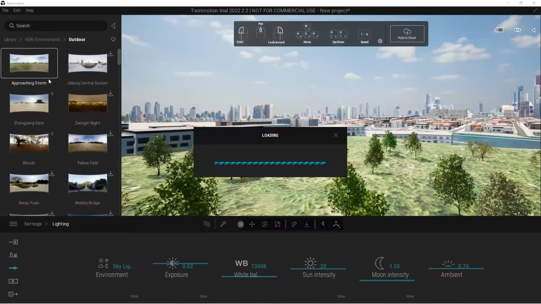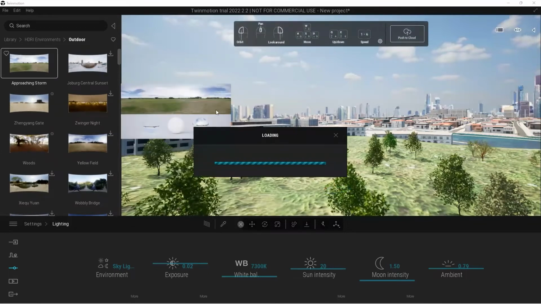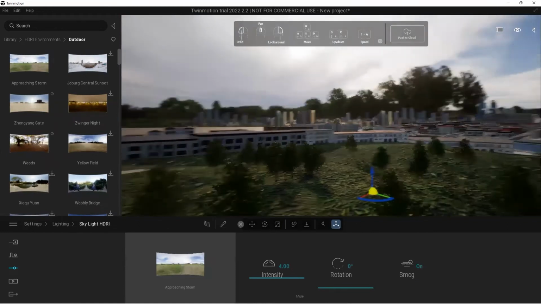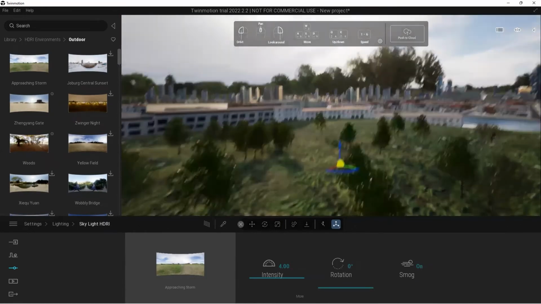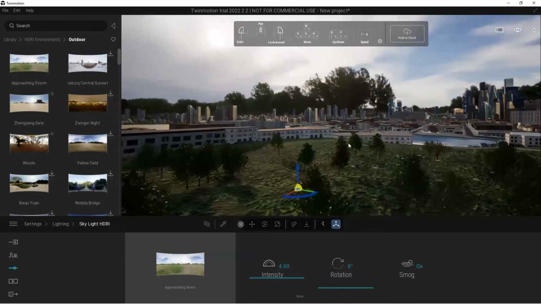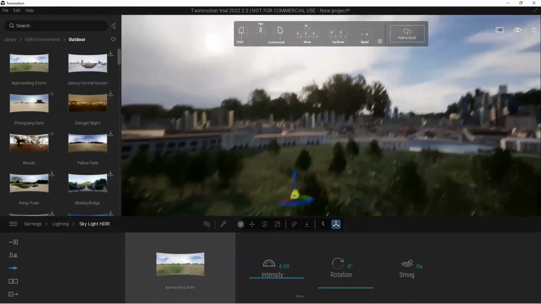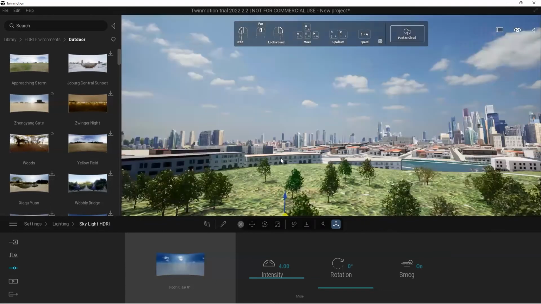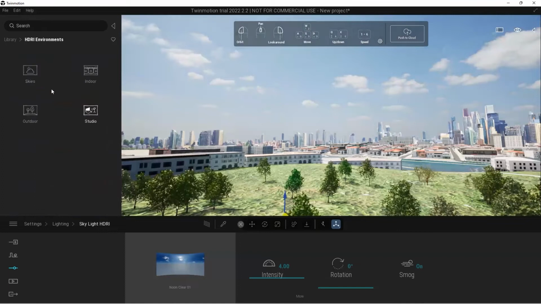So let's just pick the one that I already have, because it might take a while to actually download all of them. See, it's already changed into a different HDRI. But let's just say if I wanna go back to before, I just Control Z to go back to the previous